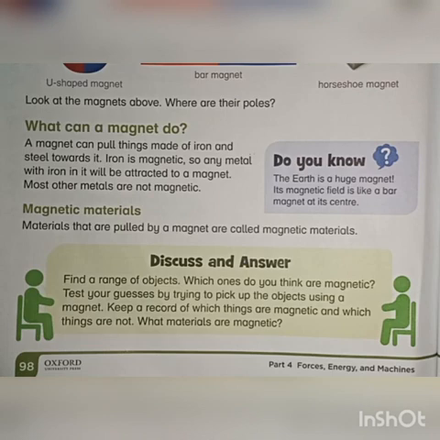Try to do this using a magnet, to find which things are magnetic and which are not. For example, rubber is a non-magnetic material. It will not be pulled by a magnet. So try to identify different materials that are magnetic and non-magnetic with the help of a magnet.